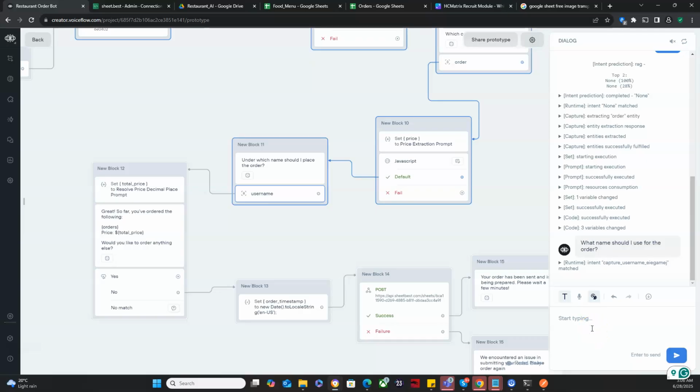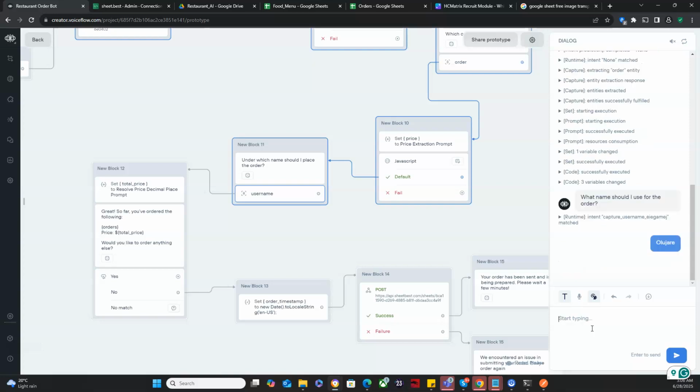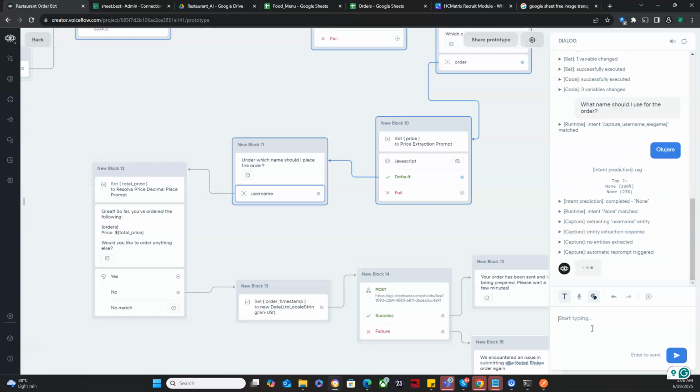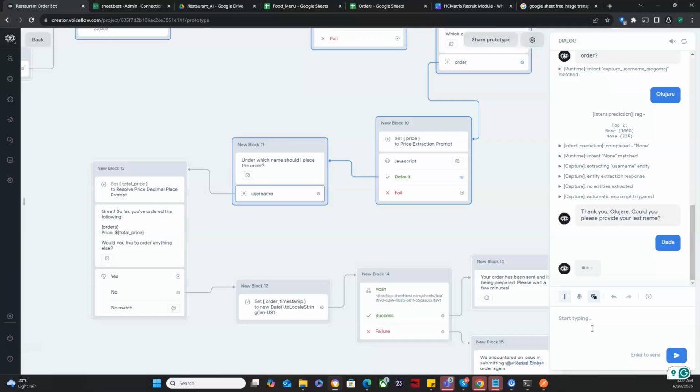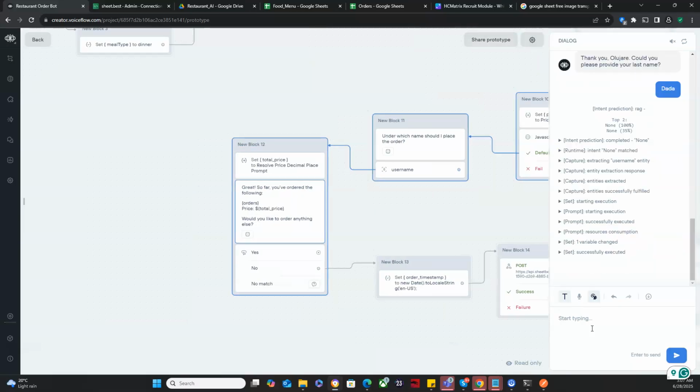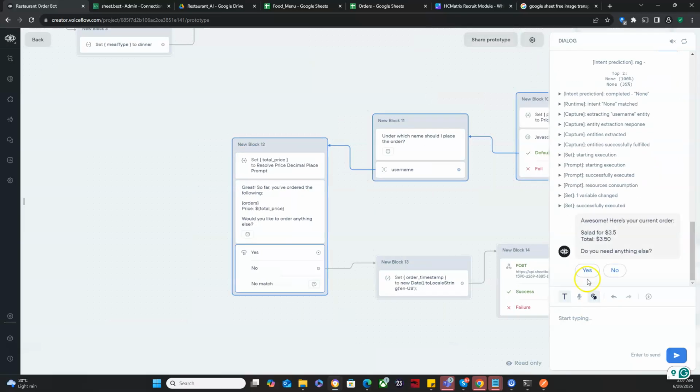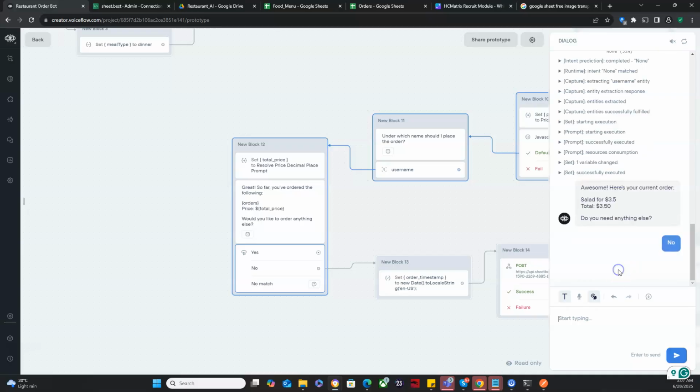Let's use my name, right? Oh, still asking for the last name. I forgot to change this. So let's say Dada. So it's saying, awesome, your current order is this, total is this. So it works fine now. Do you need anything else? If I click no,